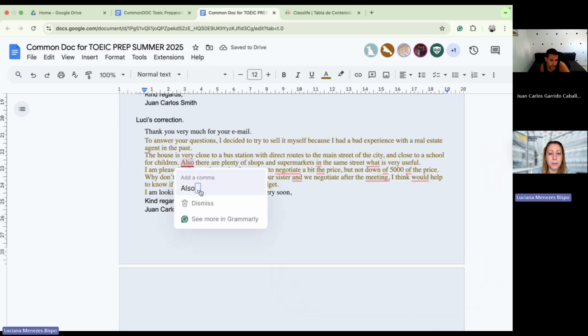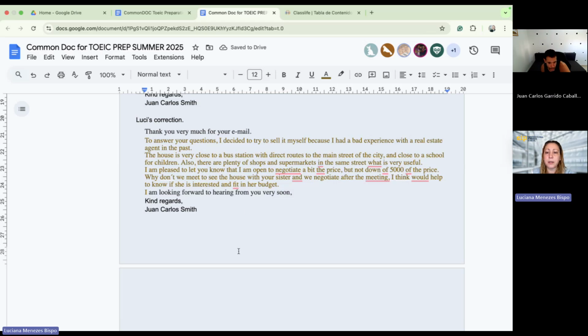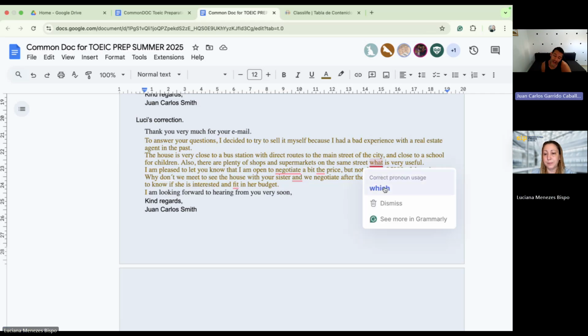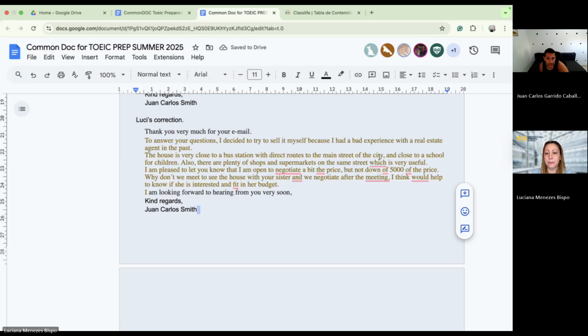Also, comma. Yeah. There are plenty of shops and supermarkets at the same street or on the same street. And the what? Which is very useful. Which. Lo cual. Yeah, sí. Comma. I'm pleased to let you know that I am open to negotiation, probably, or negotiating. Okay, Spanish order. A bit. But not,